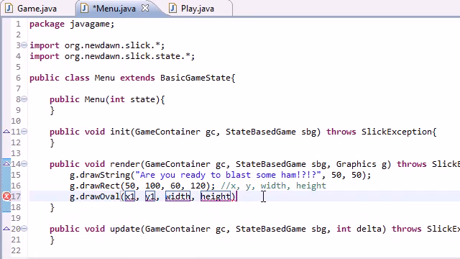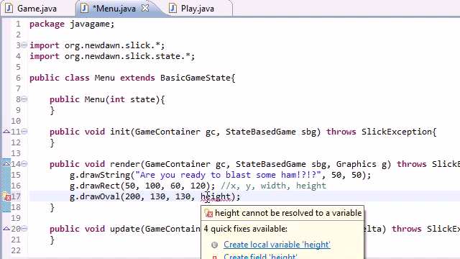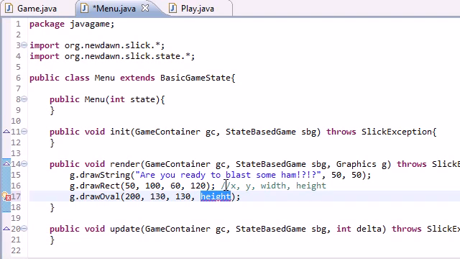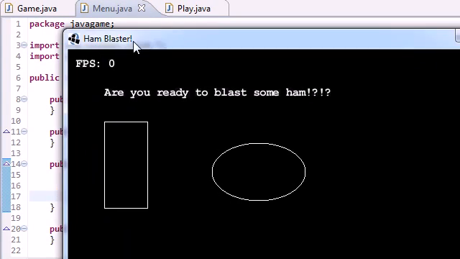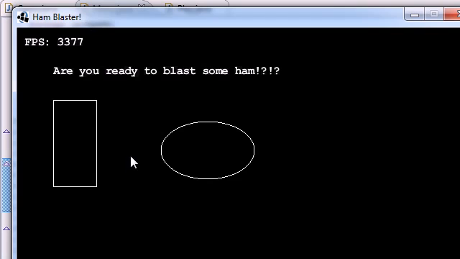Now oval takes the same parameters, x and y, which is the position, and we'll put this over at 200, 130, so it doesn't overlap everything. The width of this can be 130 as well. And the height, well, we won't make it a perfect circle. We'll say 80. Now if we run this game,